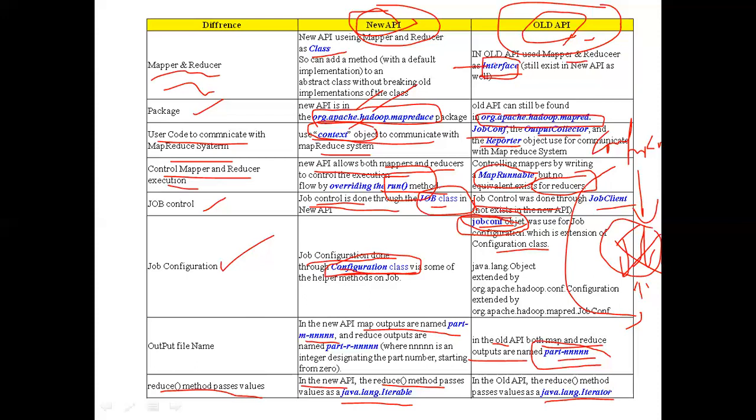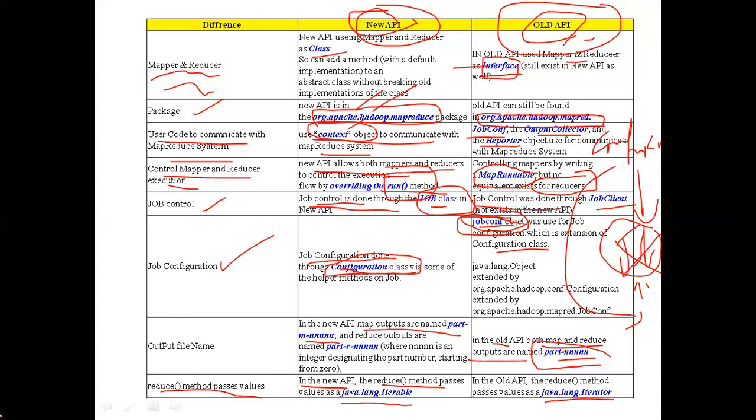These are briefly some important differences between the old API and new API. Java has two application programming interfaces available for Hadoop MapReduce: one is the new API, the other is the old API. Slight changes were made to the old API, and then a new API was generated.